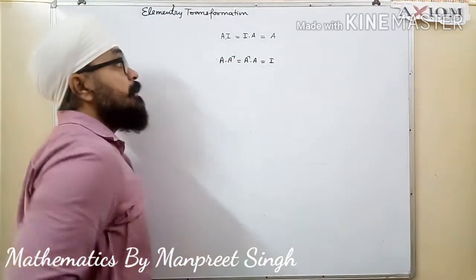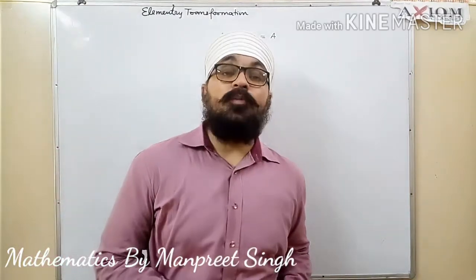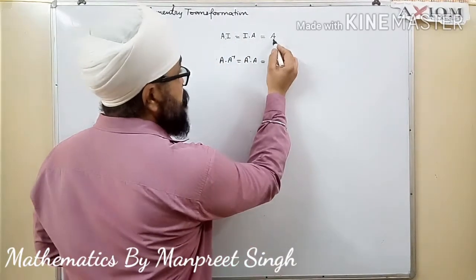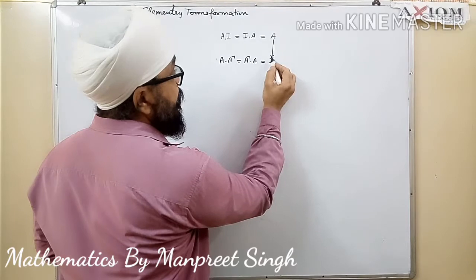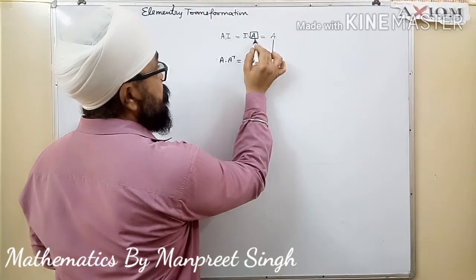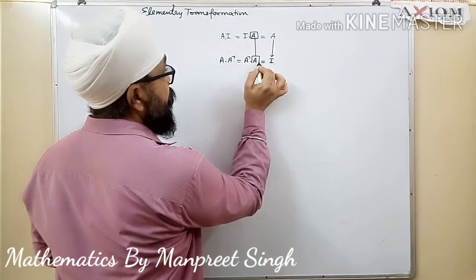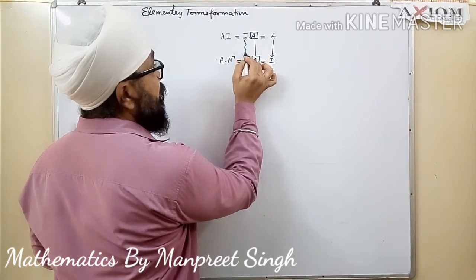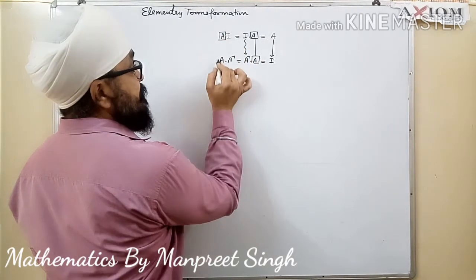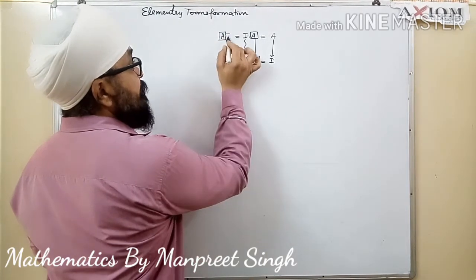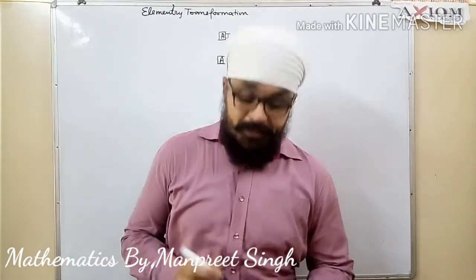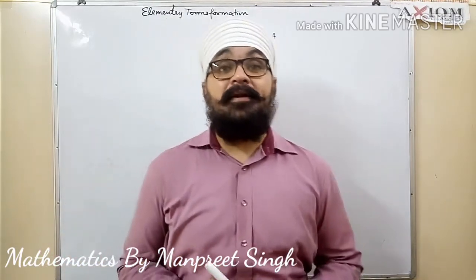Now you just see that we have two things, one is a property, the other one is a definition. If I transform this matrix A into identity, keeping this A as it is, then you can see I should be converted to the inverse. In the same way, if I keep this A as it is, then this identity matrix will automatically convert to A inverse. So this is the idea behind elementary transformation.